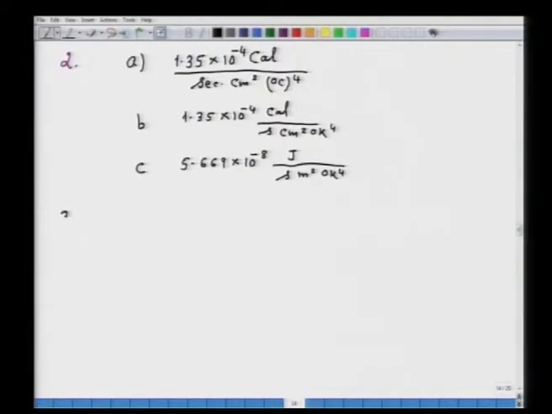The answer for question number 3, you have to convert thermal conductivity, and the answer is 484 into 10 to the power minus 3 calorie per centimeter degree Celsius per second. Now, for question number 4, you have to convert, you can straight away try, I will give you the answer. A part is